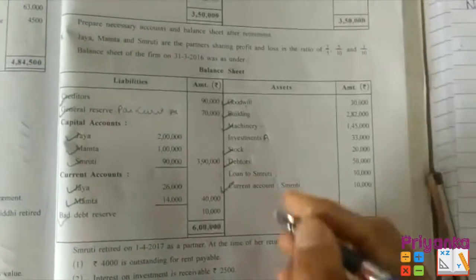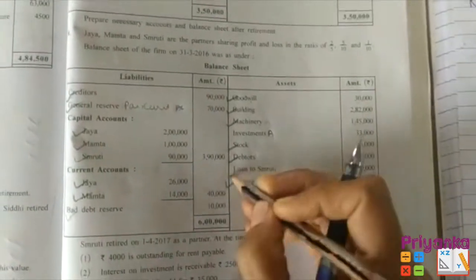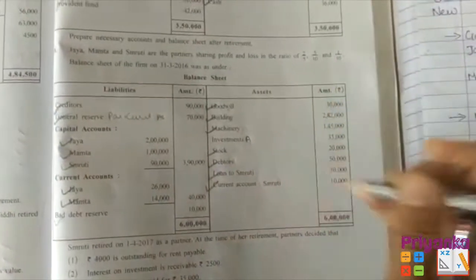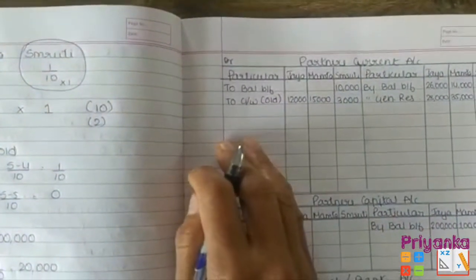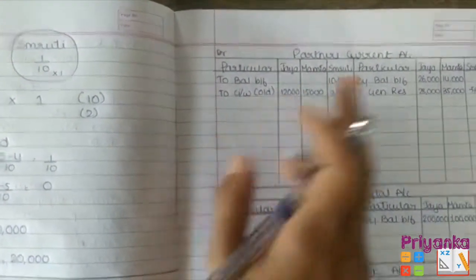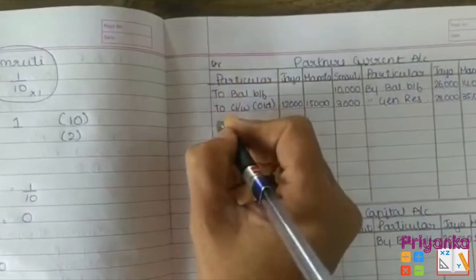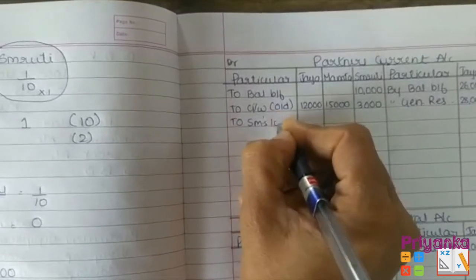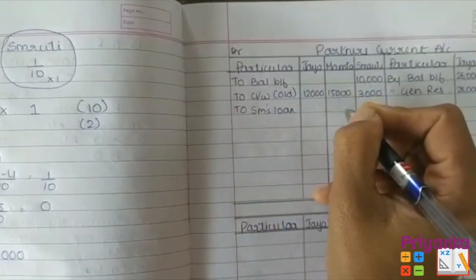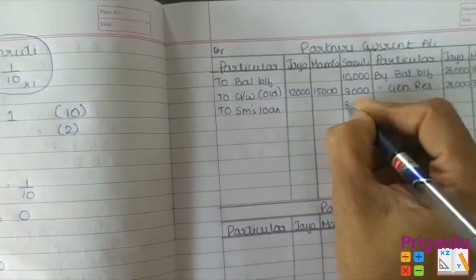Now moving towards investment, it is coming to the adjustment, and the loan of Smriti when it is given at the asset side comes to the partner's current. If it will be capital then it comes to the partner's capital debit side, but यहाँ पे current है तो हम current account के debit side आएंगे, and we'll write down Smriti's loan with the amount 30,000 into the column.